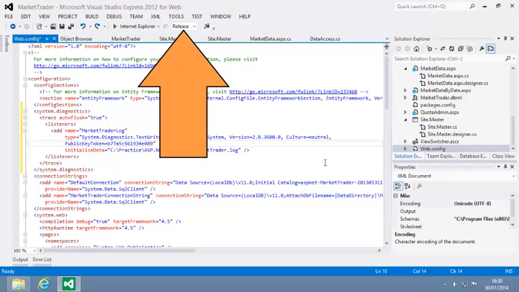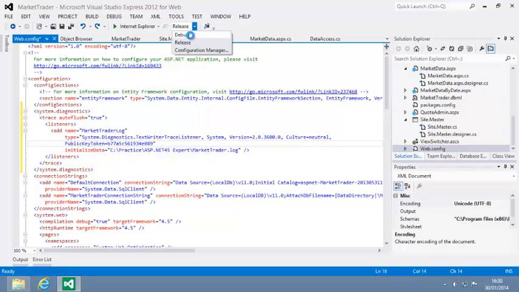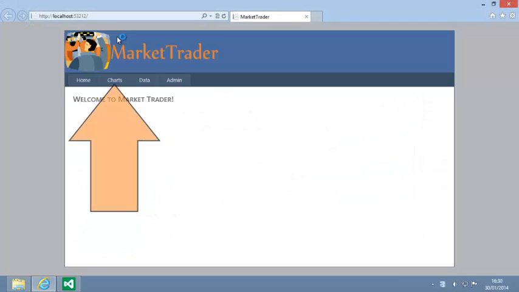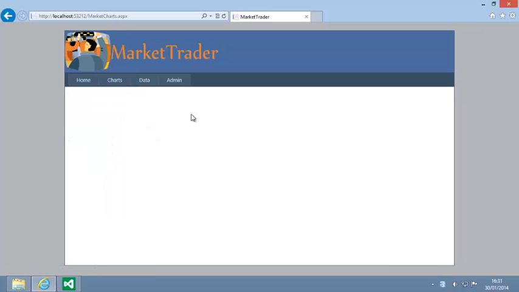First, select the Debug profile from the Build Profiles drop-down menu. The system.diagnostics.debug class only works when the debug constant is present, so you will need to use the debug profile for any messages to be generated. Now start debugging, and click the Charts button on the page's navigation bar. Then close your web browser,